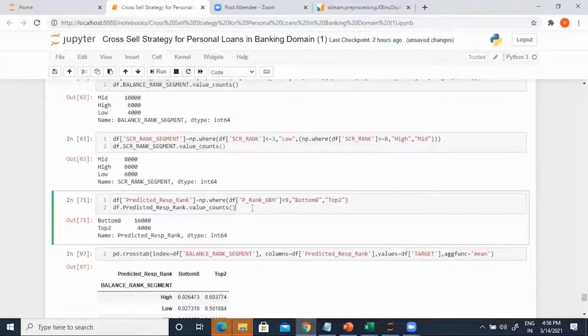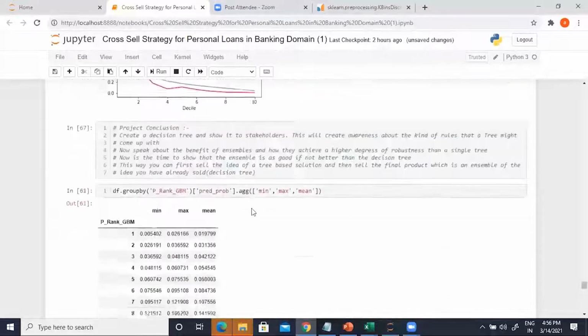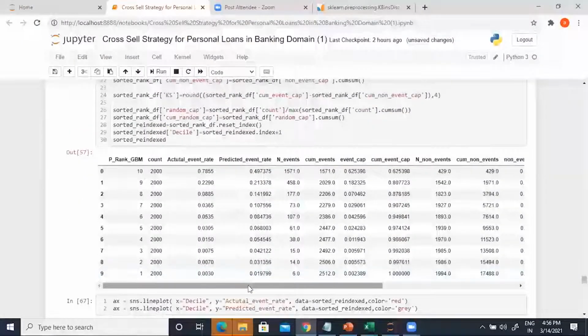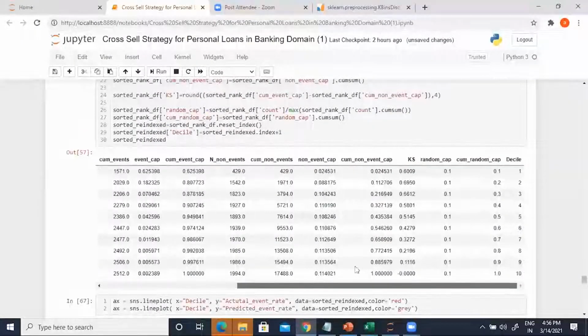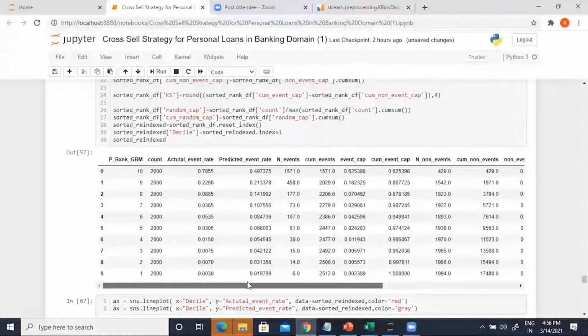Okay, now comes the top 2 and bottom 8. So I know that my KS value got maximized in the second decile. It means that the maximum discrimination power of the model is achieved already by the second decile. Cumulative event capture is 80% by the second decile.